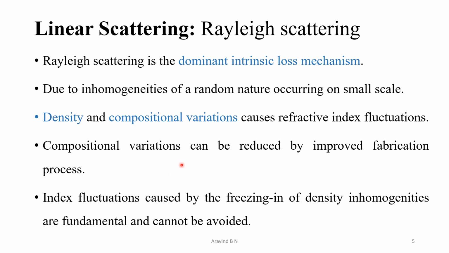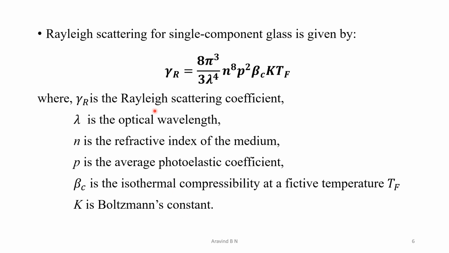The compositional variations can be reduced by improving the fabrication process, whereas the index fluctuations which happen due to freezing of the density inhomogeneities are fundamental and they cannot be avoided. Rayleigh scattering for single component glass is given by gamma r is equal to 8 pi cube divided by 3 lambda to the power of 4 into n to the power of 8 p square beta c k Tf, where